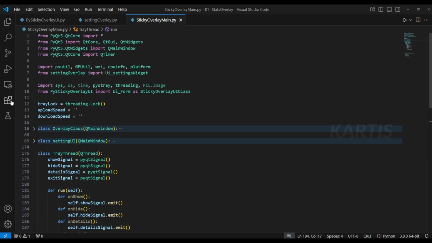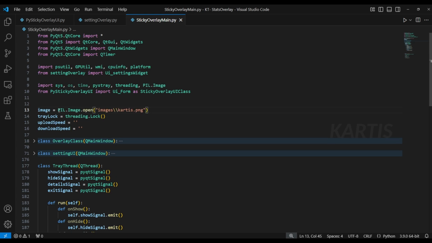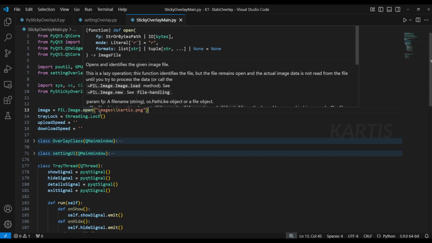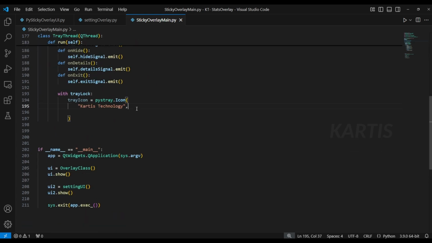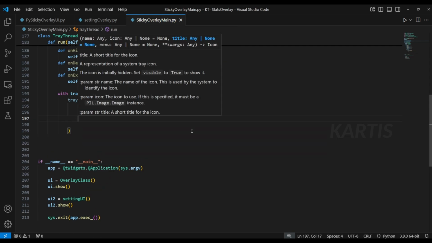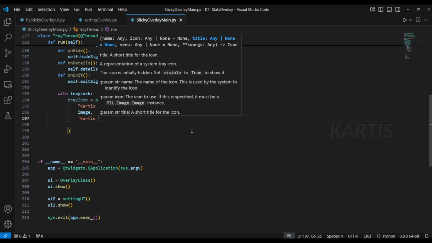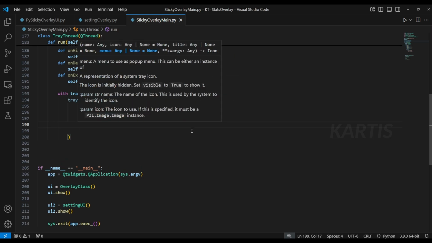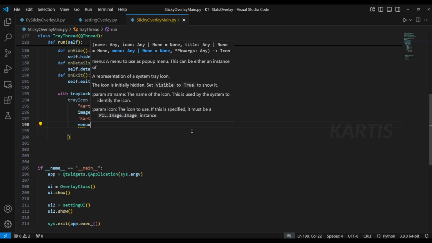I just need to create an image path here, which is image is equal to PIL.Image.open kaise.png, and then we call the image here, image comma, and here it asks for a title. Let's also give the same as a title with a comma here. Now we're gonna give the menu items. Menu is equal to